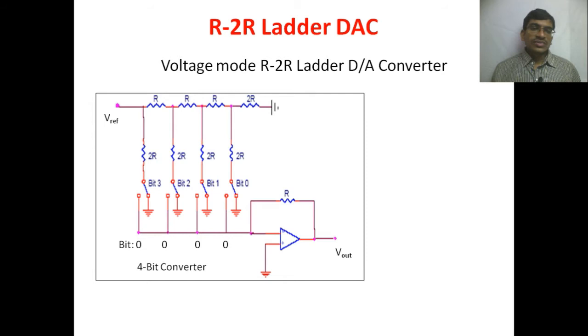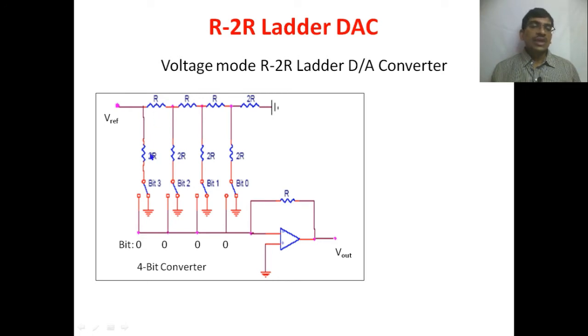In this circuit, the only values present are R and 2R. If you observe, there is R resistance, 2R resistance, R resistance, 2R resistance, and here also 2R, 2R. At the last branch we use 2R and 2R resistances. Like that we have only two values of resistances here, no 4R, 8R, 16R like we saw in the binary weighted resistor DAC. So only two values are enough to produce the same type of output.